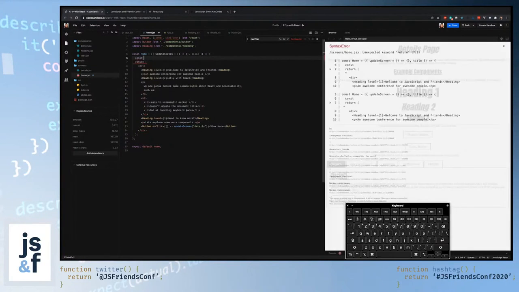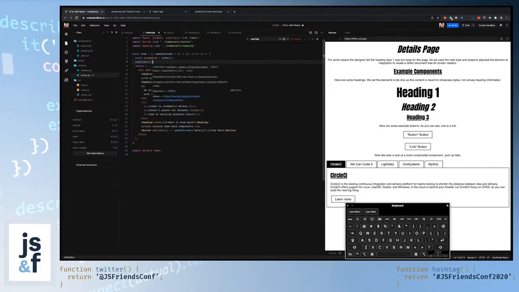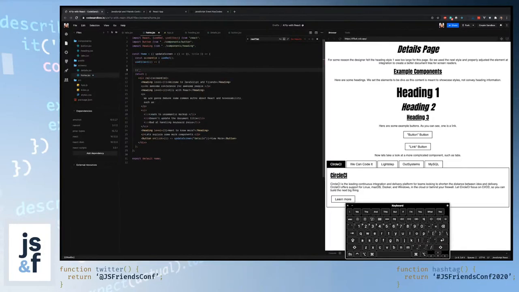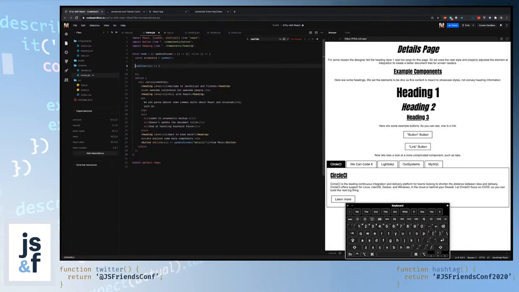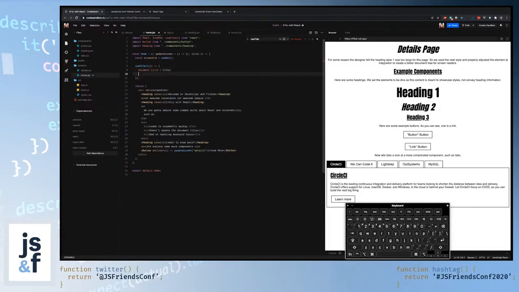So const screenElm equals useRef. And now by just adding this ref attribute here and referencing screenElm, we've kind of hooked into that. And then we will want to use useEffect. useEffect runs after the component gets mounted. And we will have document.title equals title and screenElm